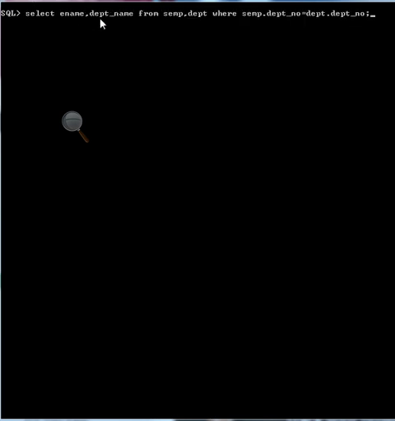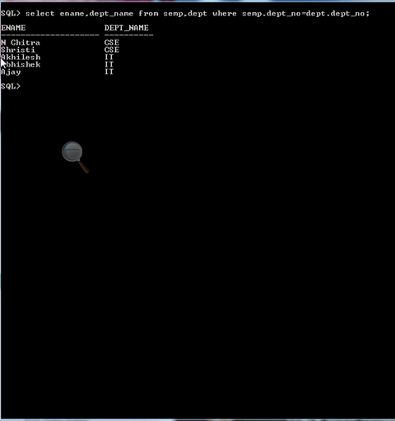Select ename comma DEPT name from SEMP, DEPT where SEMP dot department number equals DEPT dot department number, in both the tables where department numbers are similar. So here we can see the list and details of employees whose department numbers are equal in both tables. This is ename and this is DEPT name.